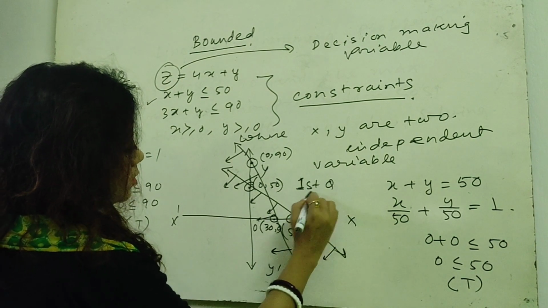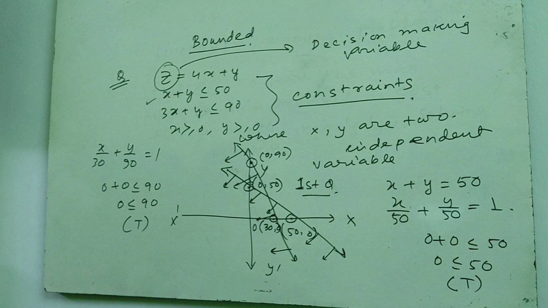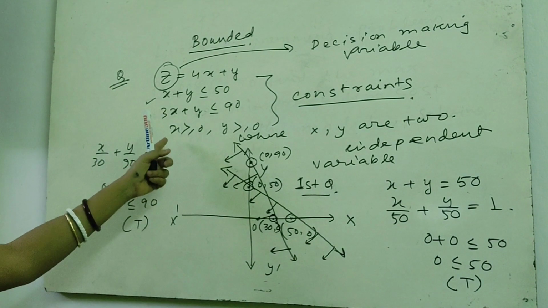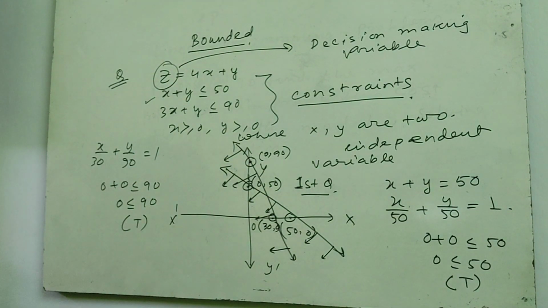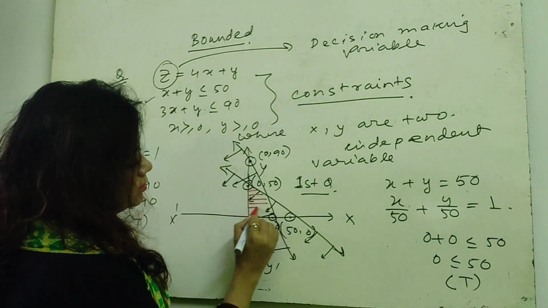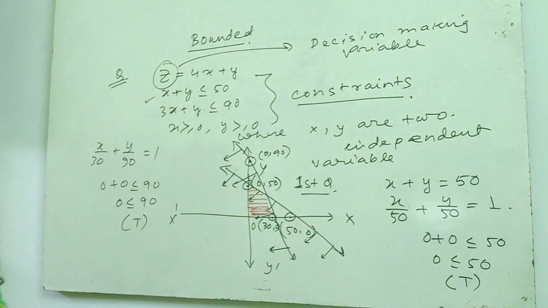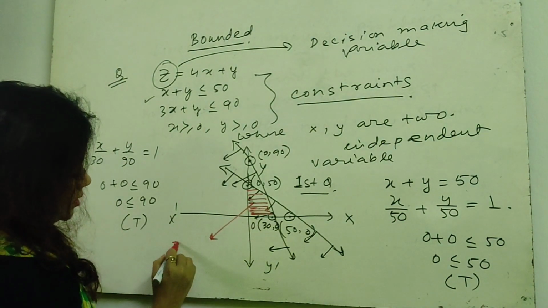Okay, and x greater than or equal to 0, y greater than or equal to 0 means this is the first quadrant. I want to say that always the solution of this type of LPP question will be in the first quadrant. It will never go to the second, third, or fourth quadrant. That is why it is always x greater than or equal to 0, y greater than or equal to 0. Okay. Now see, the solution area is this area, where both the arrows are going towards the origin. This is the common region. In LPP, this region is called the feasible region.